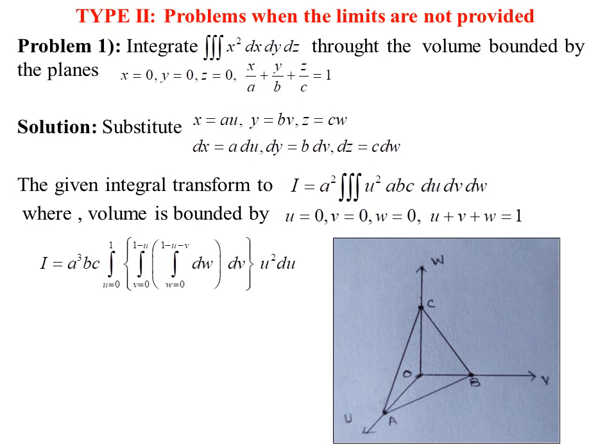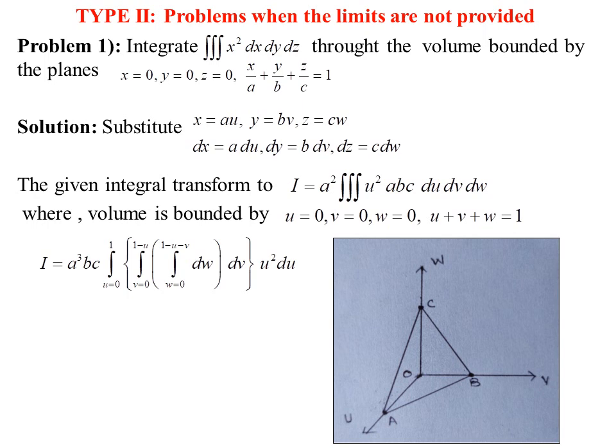So try to observe this inner integration. We are integrating with respect to w. Now for the outer integration, as we have integrated with w, this particular part is covering the vertical direction of this tetrahedron. So if we are integrating vertically, this particular tetrahedron will project on the uv plane in terms of a certain triangle. Now that triangle is lying on the uv plane, so w in this equation we have to put as 0. So we get the equation u plus v is equal to 1.